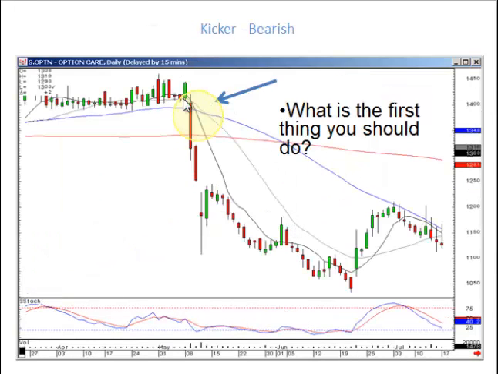Lesson from all this is if you see a gap down below the previous day's open, don't sit there and hope that they're going to take it back up. Close out the position immediately. Then you can decide what to do from that level. Anytime they gap down, the probabilities are pretty strong that they're in a bearish kicker situation. It gives you an opportunity to be out of the position and then analyzing, saying they're really knocking this down. It's time to go short. That's a kicker signal to the downside.